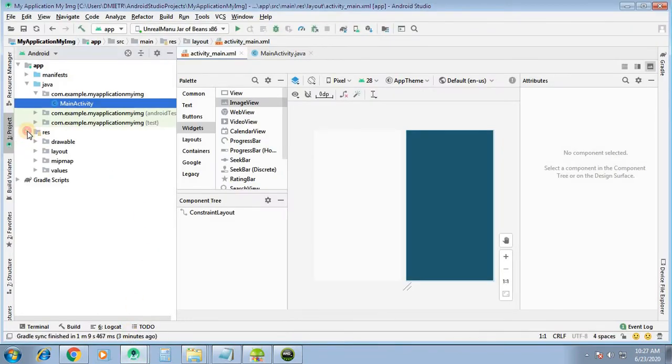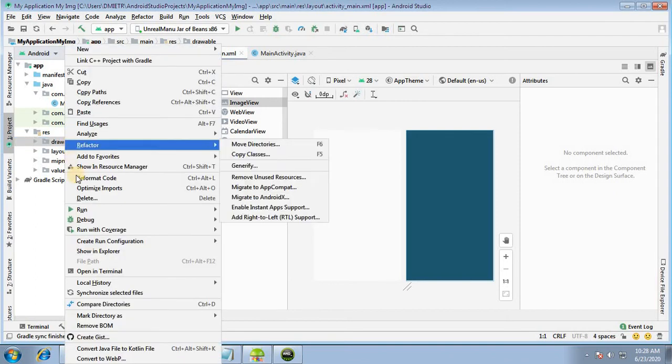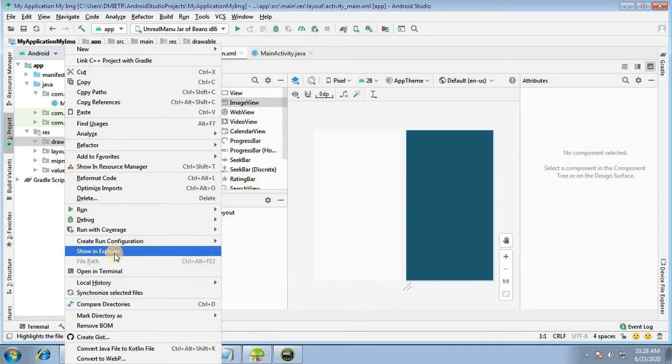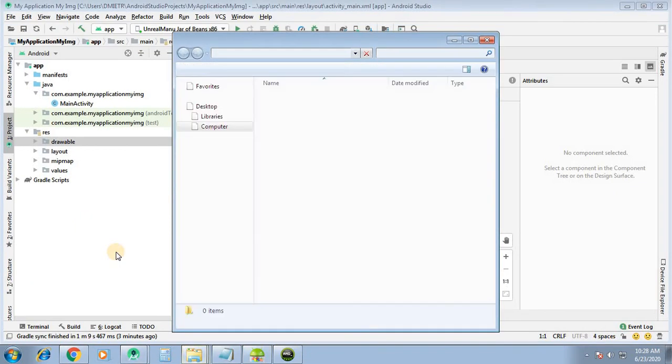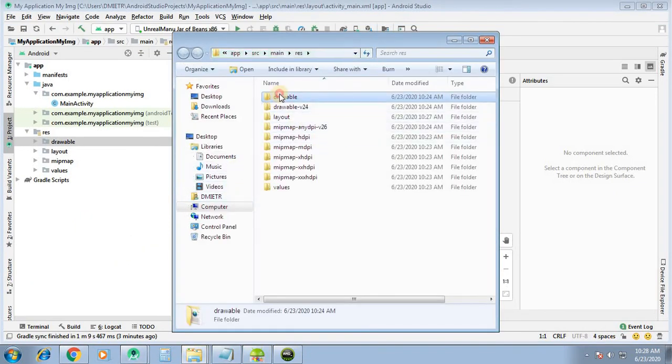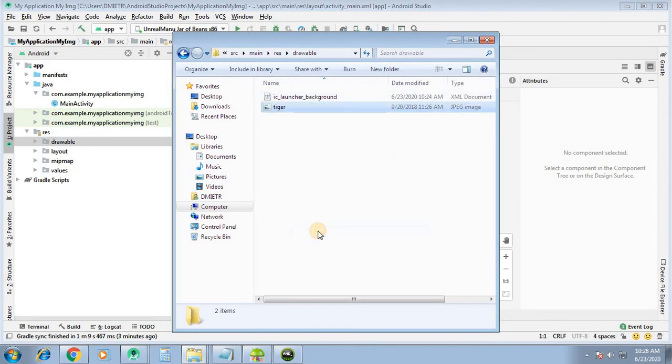Now in the res folder in drawable we have to add this image. So right click on drawable and show in explorer. In the drawable folder we have to add the images which you want to use.